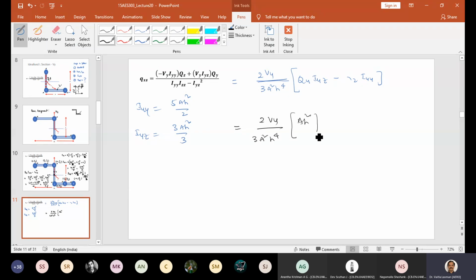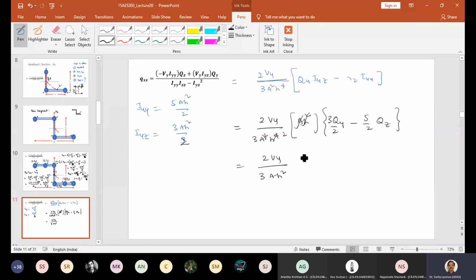Ah square you have taken common, so you are going to have only Qy into ah square by 2 common, minus Iyy is 5 by 2 Qz. Then simplify this. H square will be there. So 2Vy by